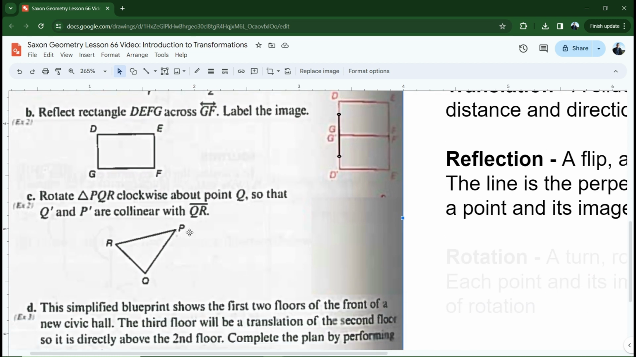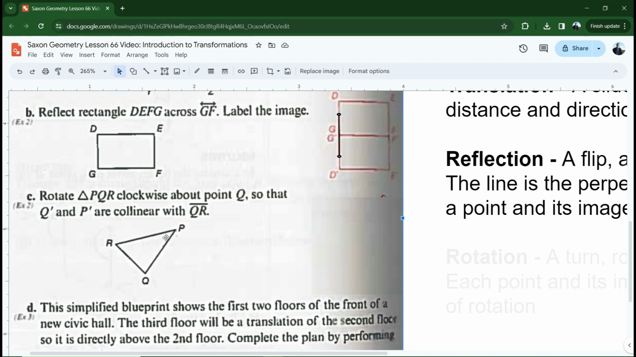All right, next one. Rotate triangle PQR clockwise about point Q. When I do a rotation, I have a point of rotation. When I do a flip or a reflection, I have a line of reflection. So I reflect across a line, I rotate around a point. I'm going to choose Q as my point of rotation, and I'm going to rotate PQR clockwise, that's this way,